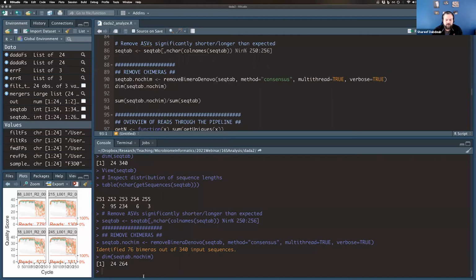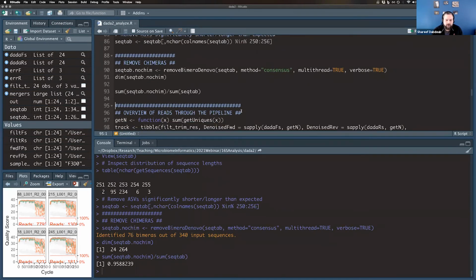And removed them, so now we have 264 non-chimeric ASVs, for a percentage of about 4-5% ASVs, chimeras. So in general,